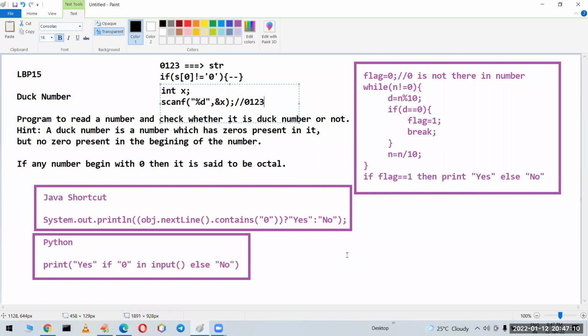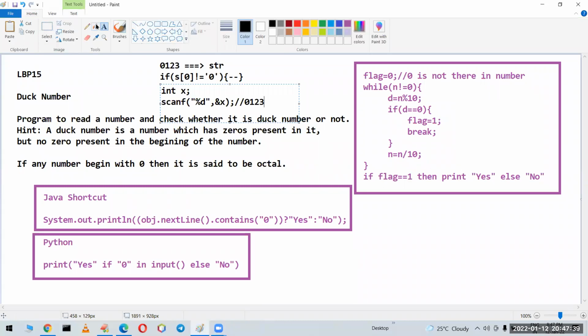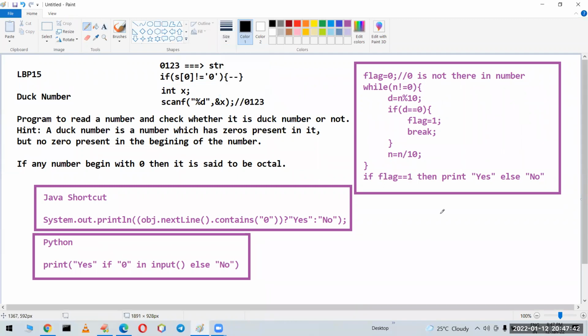Sir, d is equal to n percent 10, why have you taken 10? Can you explain? Which one, sir? d is equal to n percentage 10, third line. That is right. In the previous programs I explained very clearly, sir. To extract the digit, we require d is equal to n percentage 10. For example, if you take the number 123, and you divide with the